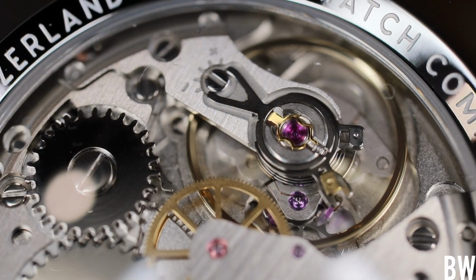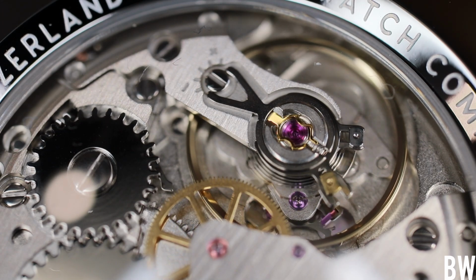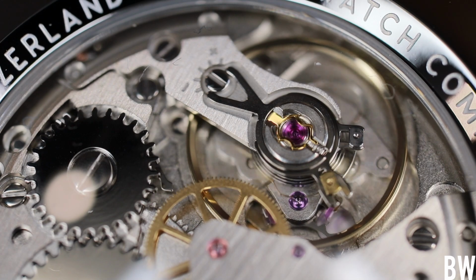But there are some nice things at play here. And in this presentation, I'm going to talk about the details. I'm going to talk about the design language. I'm going to talk about my opinions, the positives, as well as the negatives or the areas for improvement for